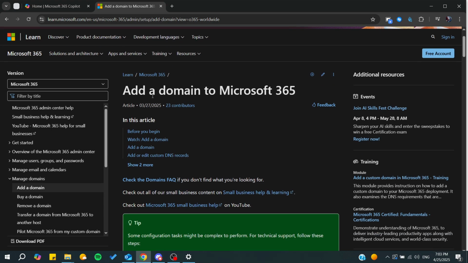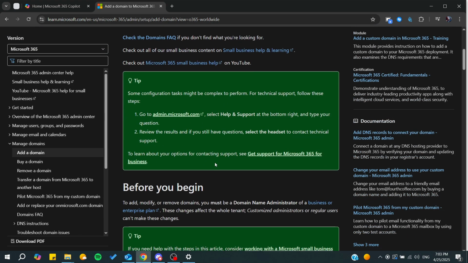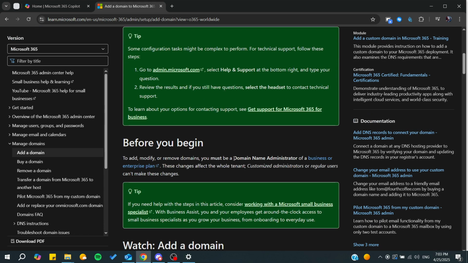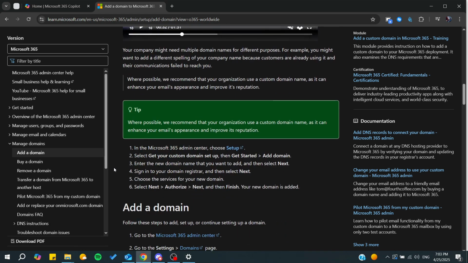And basically to add a domain, you will first need to be either an administrator or at least a domain name administrator for your enterprise plan. And after that, you will be able to do it by simply going to the setup on the admin center. You will need just to go to setup and basically you will get your custom domain setup